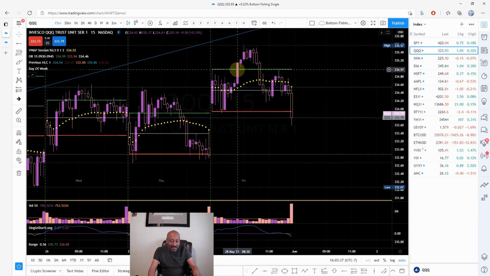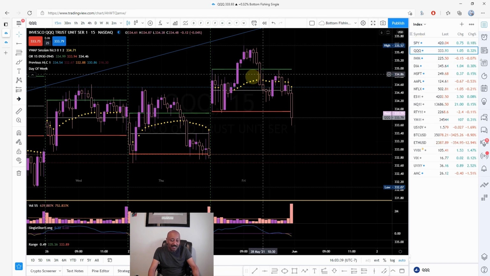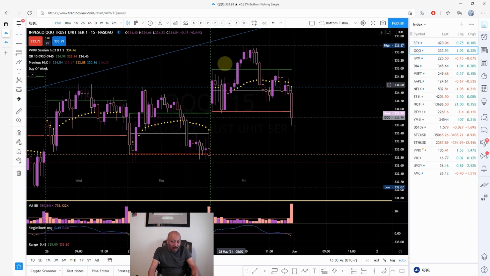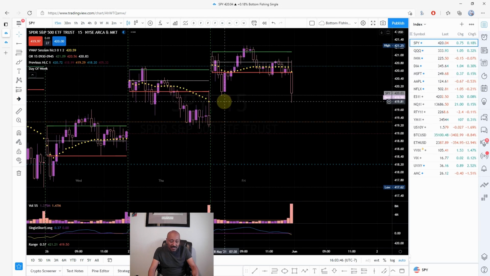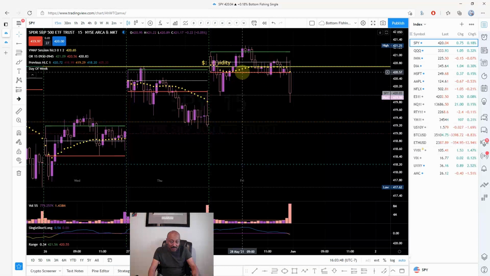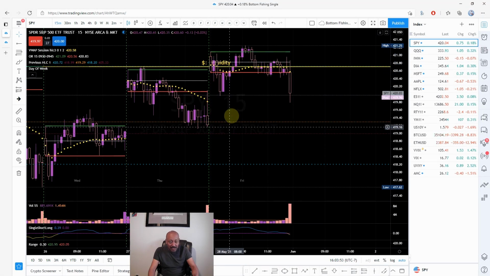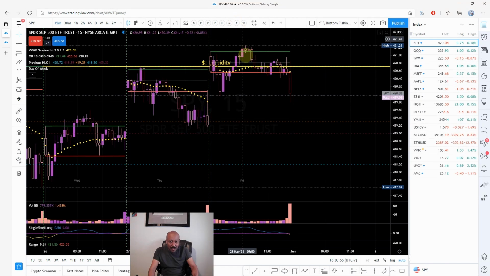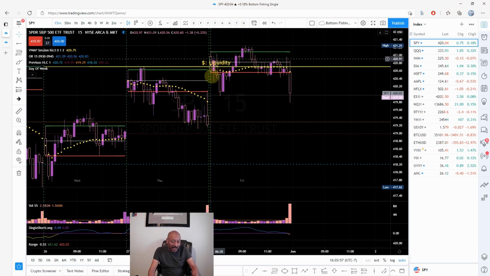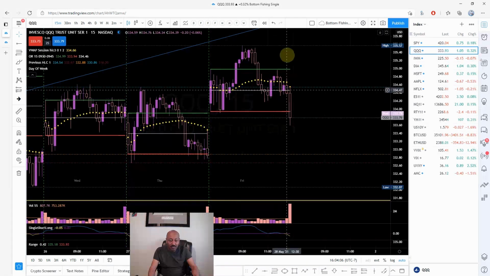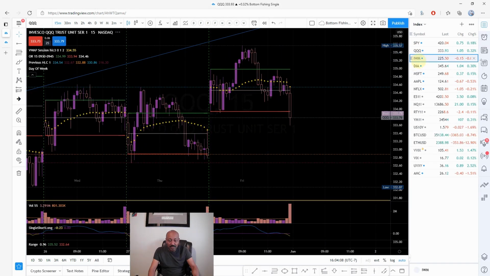So the only reason I skipped it is because of how SPY acted, and I felt like throughout the day you see up, down, up, down, up, down. Same thing, up, down, up, down, right? It's not a clean, I'm going one way, reversing, continuing. It was, I go down, I go up, I go down, I go up, I go down, I go slightly up. So this is the kind of day it was. Therefore, I had no comfort in taking a position in the Qs.